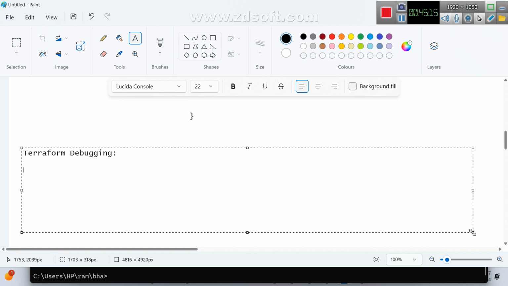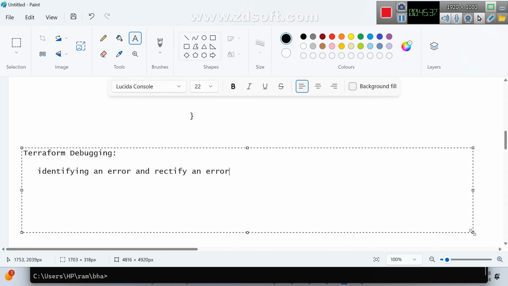You may ask, what is debugging? Identifying an error, and mainly identify and rectify an error.